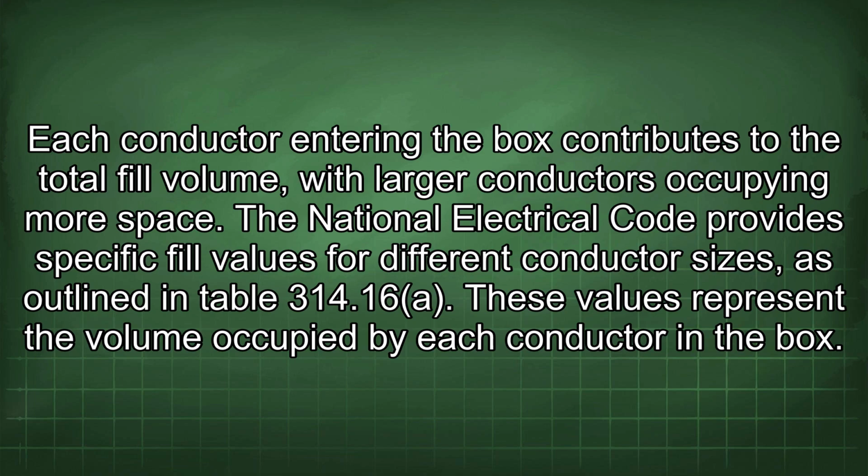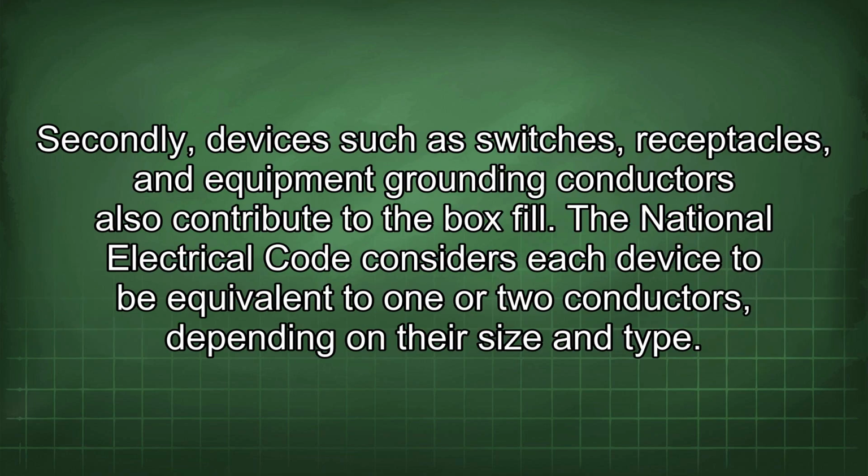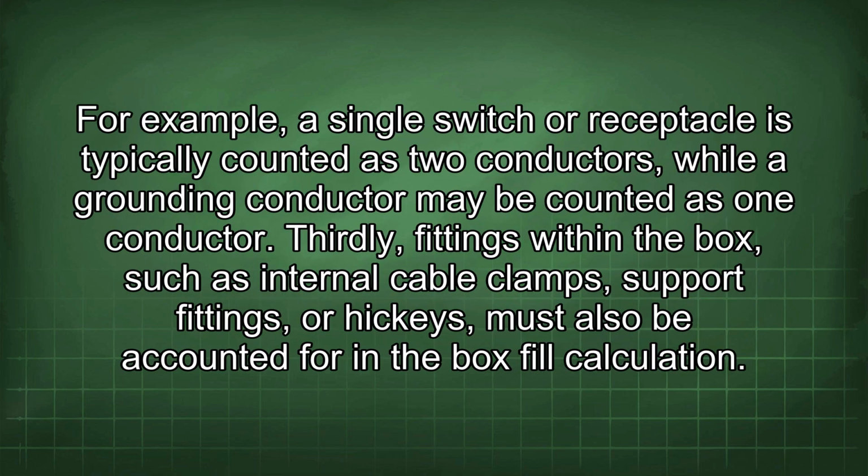The National Electrical Code provides specific fill values for different conductor sizes, as outlined in Table 314.16. These values represent the volume occupied by each conductor in the box. Secondly, devices such as switches, receptacles, and equipment grounding conductors also contribute to the box fill. The National Electrical Code considers each device to be equivalent to 1 or 2 conductors, depending on their size and type. For example, a single switch or receptacle is typically counted as 2 conductors, while a grounding conductor may be